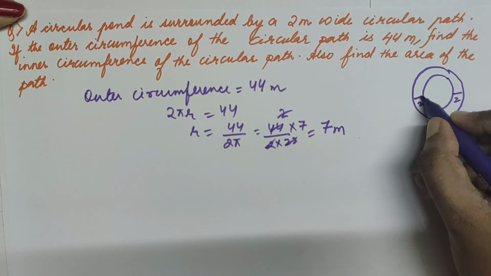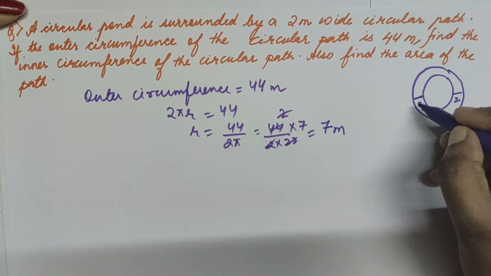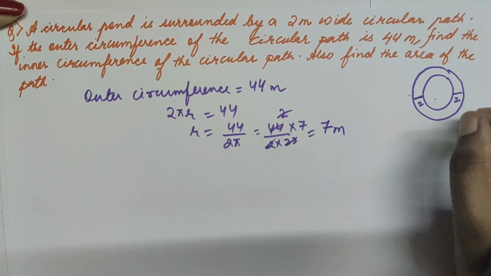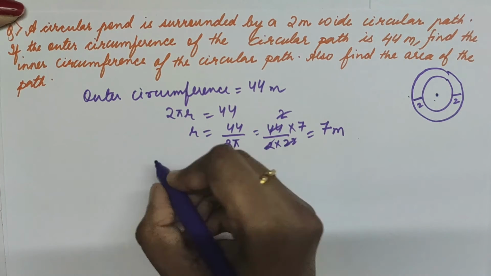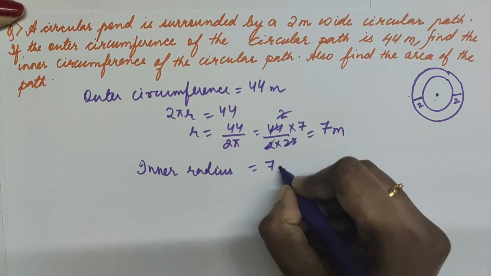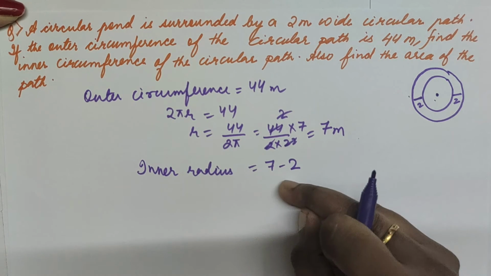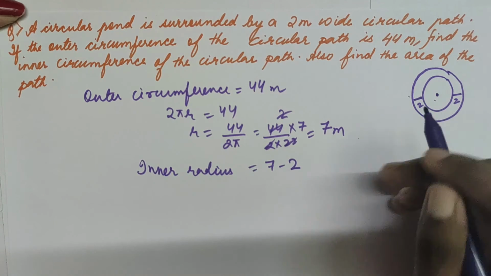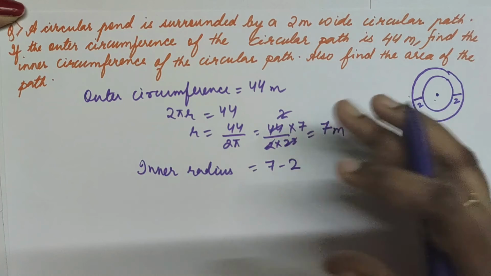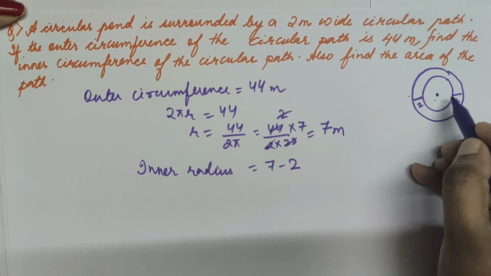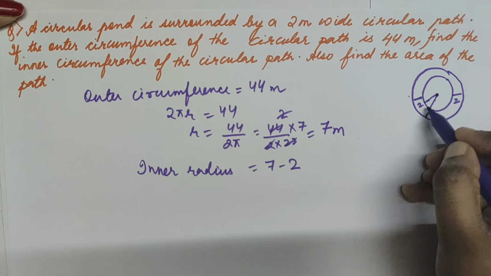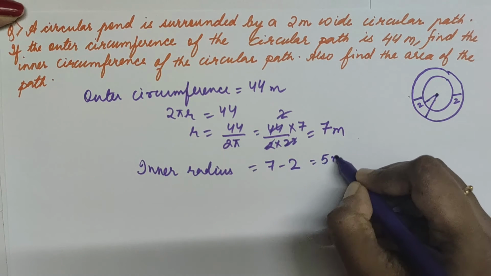And if we know that there is a width of around 2 meter, and then we are having the inner circle, obviously the inner circle is having the radius which is lesser. So we have to minus 2. Inner radius is going to be 7 minus 2. Why 7 minus 2? I am just telling you again because the outer circle radius is now calculated. After that, according to the question, the inner circle obviously is inside. So the radius is going to be less. If you see it here, you can definitely understand that this is the inner radius and this is the outer radius. So this is minus 2. So the inner radius is 5 meter.